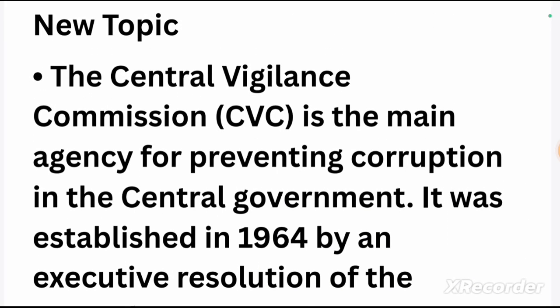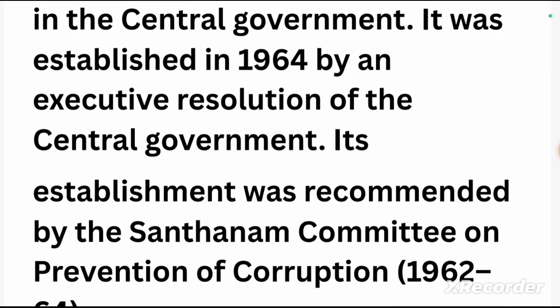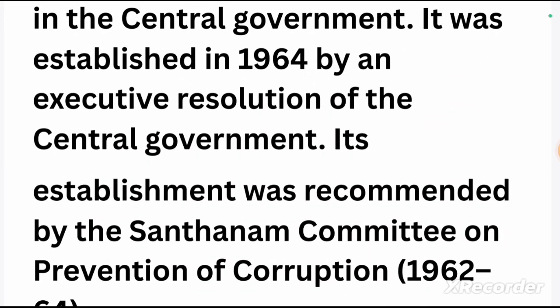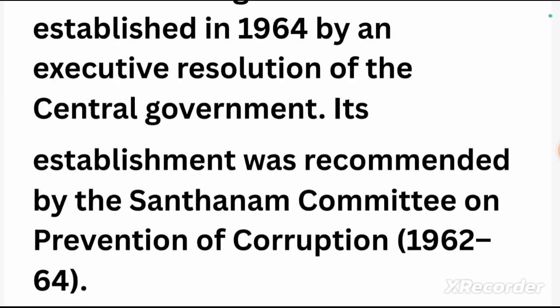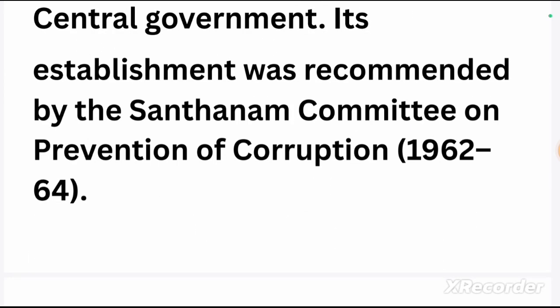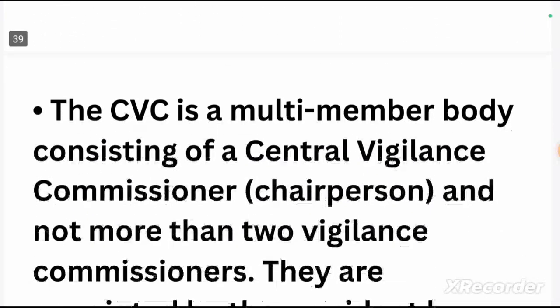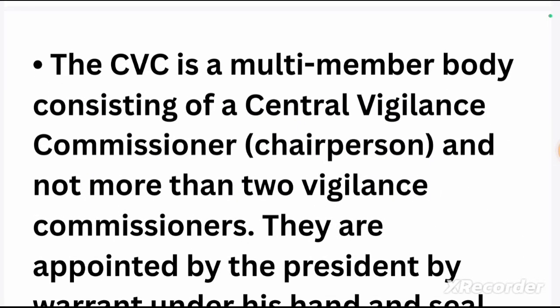New topic. Central Vigilance Commission is the main agency for preventing corruption in the central government. It was established in 1964 by the executive resolution of the central government. Its establishment was recommended by Santhanam Committee on the Prevention of Corruption, 1962-1964. Central Vigilance Commission is a multi-member body consisting of the Central Vigilance Commissioner, Chairman, and not more than 2